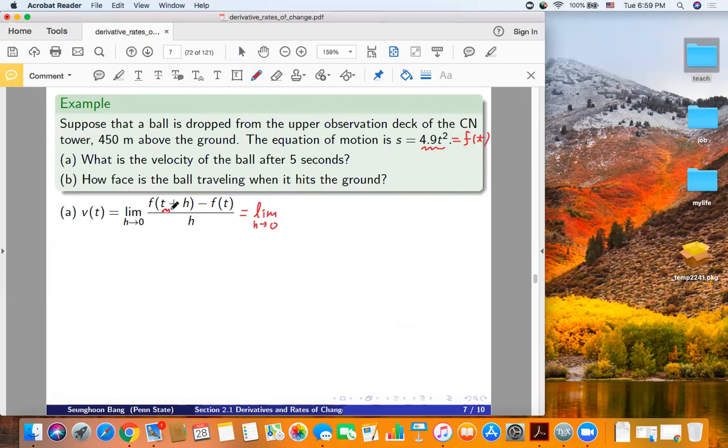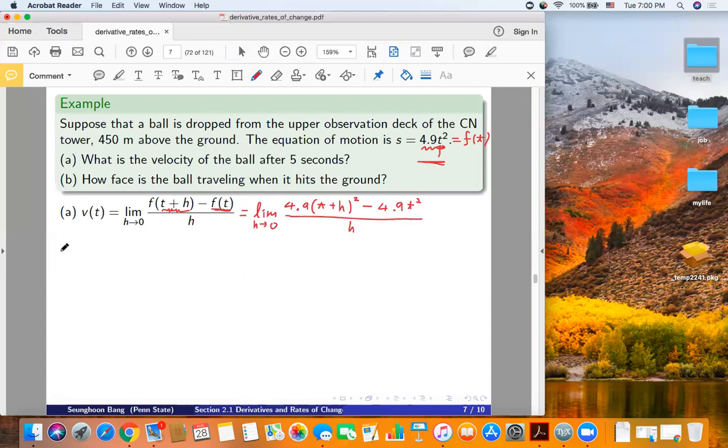You plug t plus h into t, so you keep 4.9 times t plus h squared, minus f of t, which is 4.9 t squared,